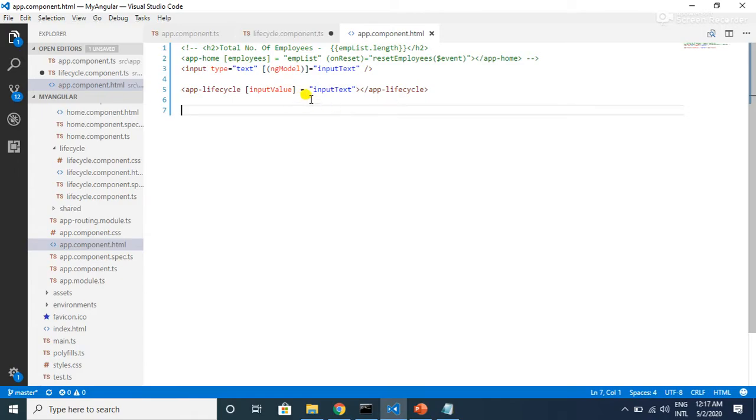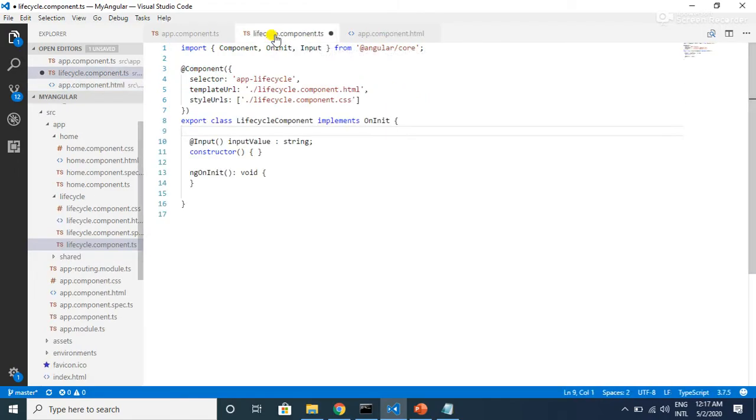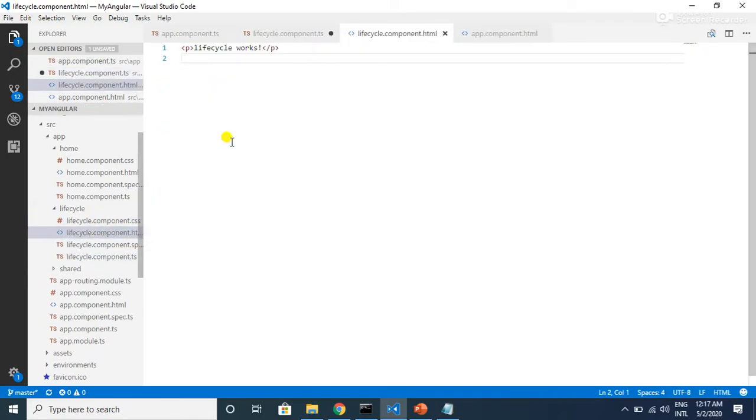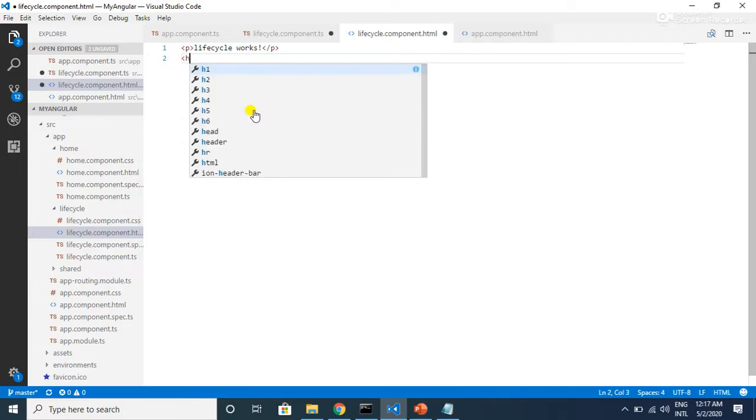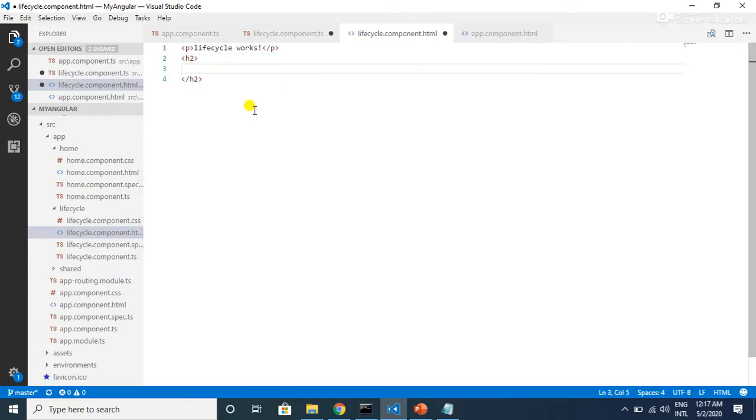Now we are receiving the value from app.component.html to our lifecycle.component.ts file, and now all we have to do is display this input value in our lifecycle component template. So let's do that. Let's create an h2 tag, and then using interpolation we will bind this input value, and let's save all the files